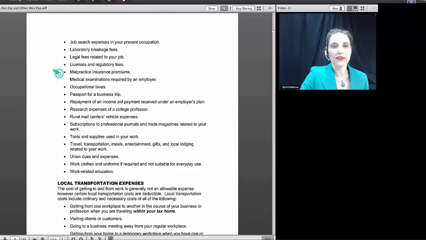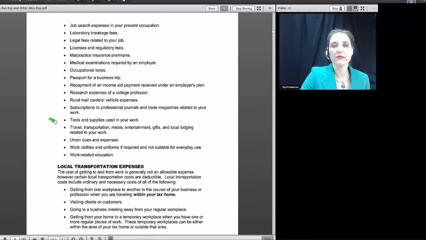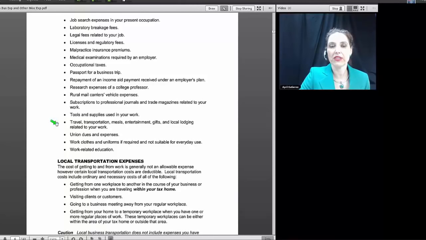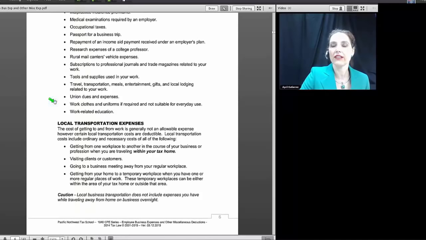Licenses and regulatory fees. Malpractice insurance premiums, medical examinations that are required by an employer, occupational taxes, passport for a business trip, repayment of an income aid payment received under an employer's plan, research expenses of a college professor, rural mail carriers' vehicle expenses, subscriptions to professional journals and trade magazines that are related to your work, tool supplies used in your work, travel, transportation, meals, entertainment, gifts, and lodging related to your work, union dues and expenses, work clothes and uniforms, but only if they are required for your job and not suitable for everyday use,